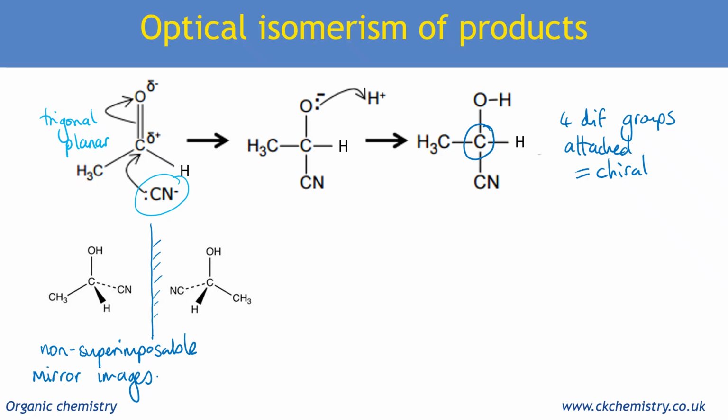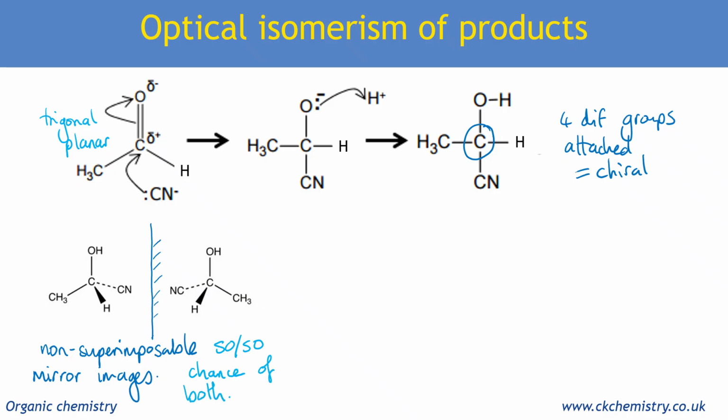And if you imagine like an umbrella kind of unfolding or flipping round, when it attacks from above, then these 3 groups will push away in a particular direction away from it because it's electron repulsion. So then we'll get our tetrahedral shape. And if it comes from the opposite side, the tetrahedral shape will still happen, but it will be the opposite optical isomer. So there is a 50-50 chance of both isomers forming,